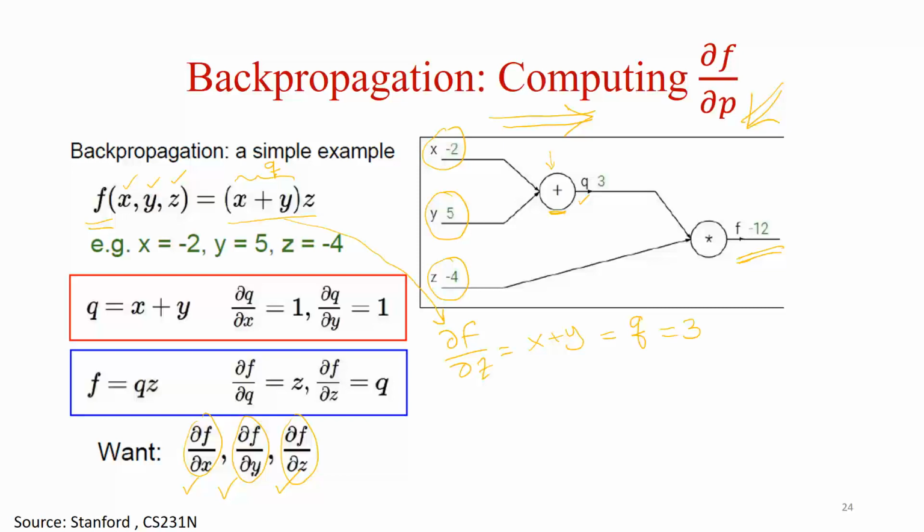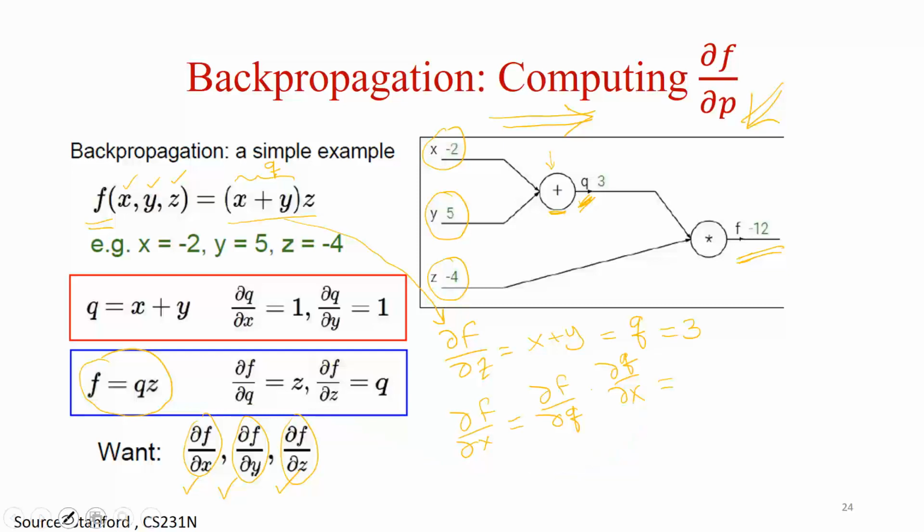Now, in terms of deriving delta f over delta x, we know that we have expressed f in terms of q, which is an intermediate variable, which is right here, and we can derive q with respect to x. Now delta f with q, we know that this is the equation here, and if I derive delta f over delta q,